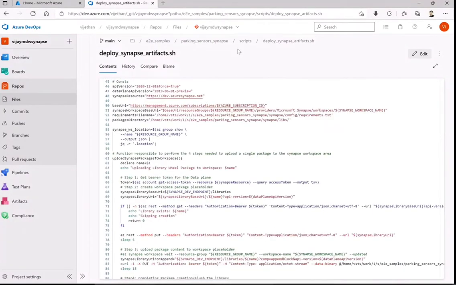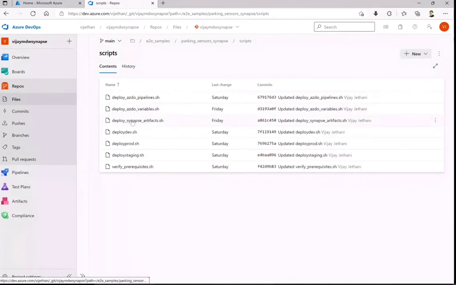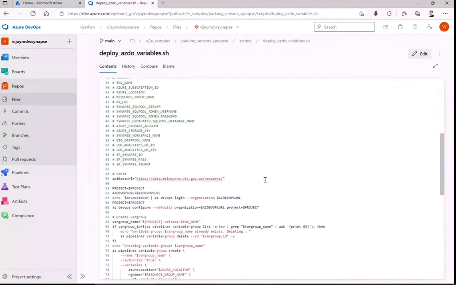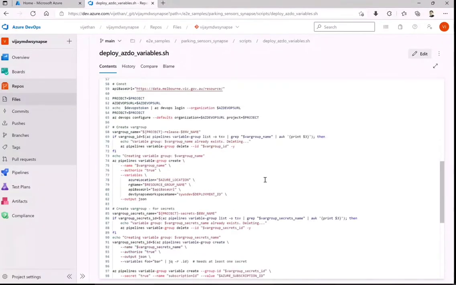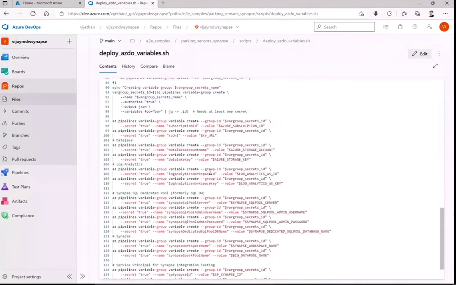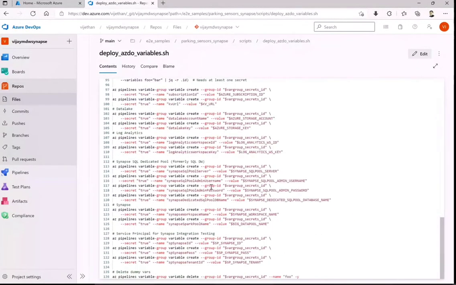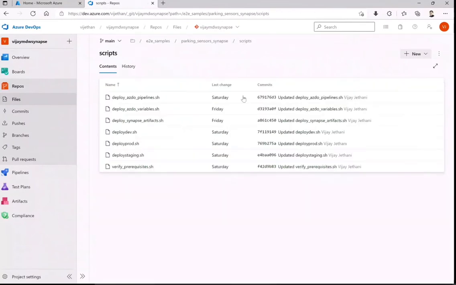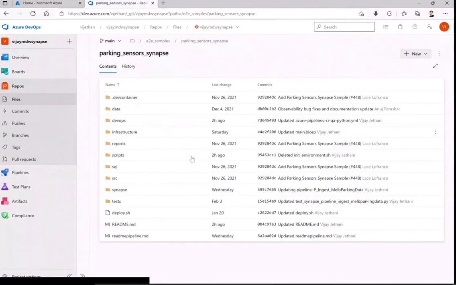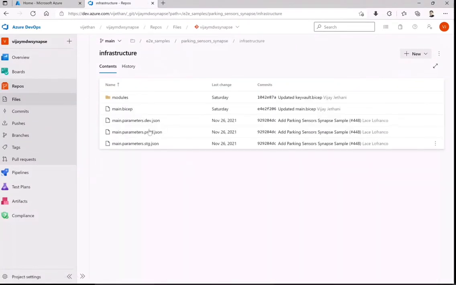Okay, so one other important thing apart from the variable groups which we are creating for the respective pipelines: you will see all those are stored. Whatever I told you that you can echo at runtime, we are storing that as well.